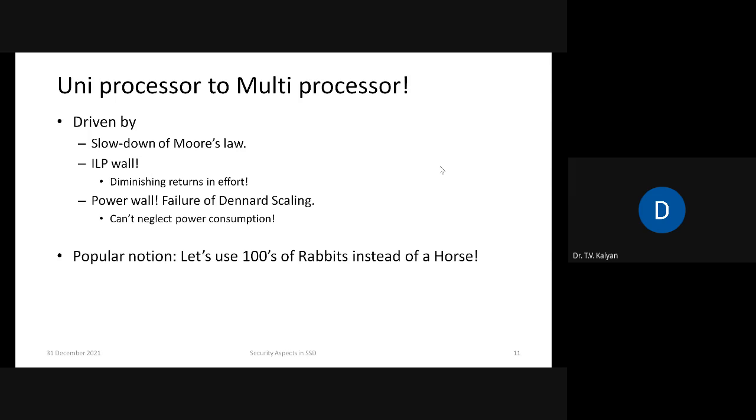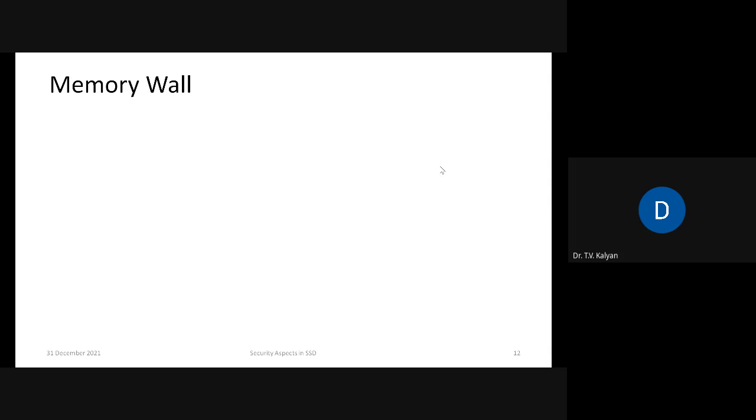So there was a popular notion in the 2004-2005 time where the engineers used to say that instead of deploying a single horse, we are going to deploy hundreds of rabbits to do the same work, right? Moving on to the third wall,